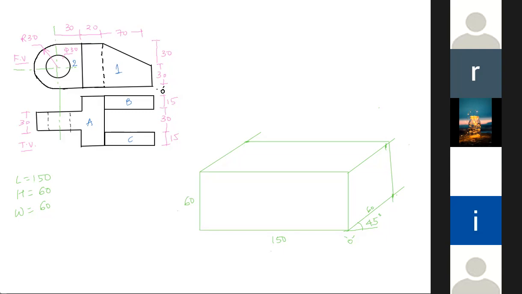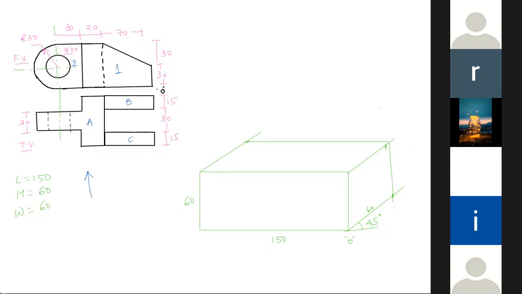I'll give you one trick. Whenever you want to find out, you always see top view, and whichever part is nearer to you, see, this is part one, and this second part is this. Which one is nearer to you? Part one, right? So we'll start with part one. Remember that. You see it from here, and then you see which part is nearer to you. This part one is nearer to you. So first I will draw part one. All of you got this? So first we will draw this box and we'll start with part one.